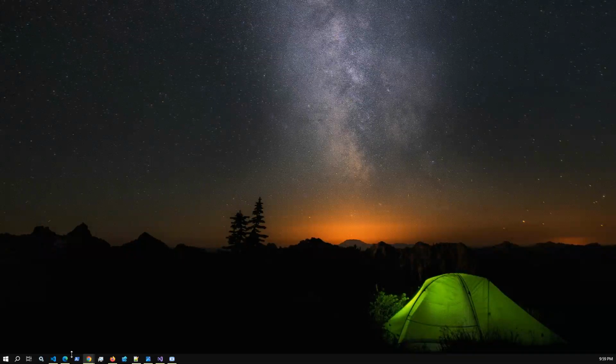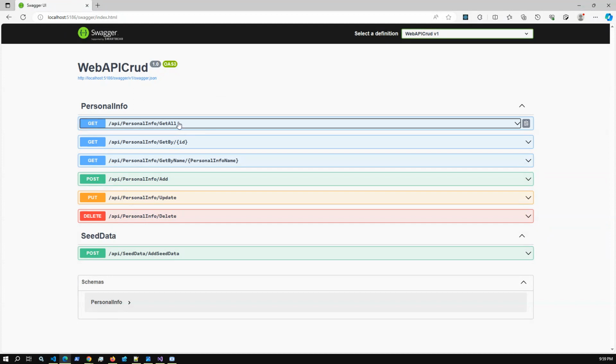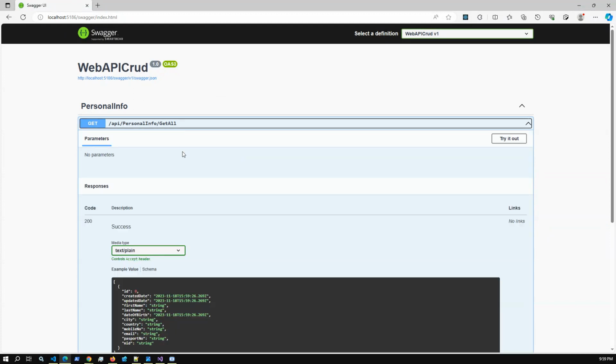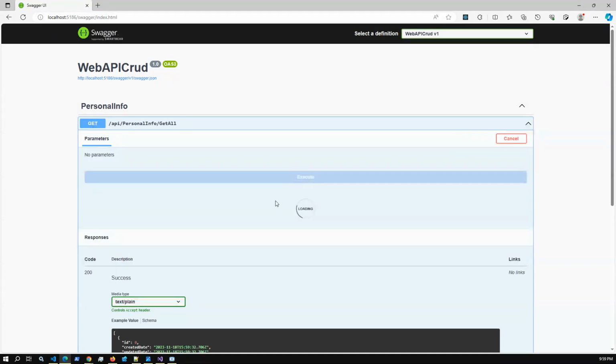Hello everyone. Today I'm going to present ASP.NET Core Web API CRUD operation with SQL Server and Entity Framework Core generic repository operation. So here is our project. If we select and execute the get all operation API, then we'll be able to get all the personal info list, which we currently have